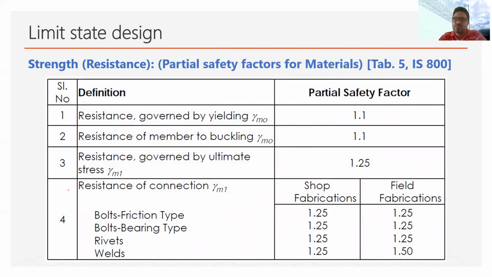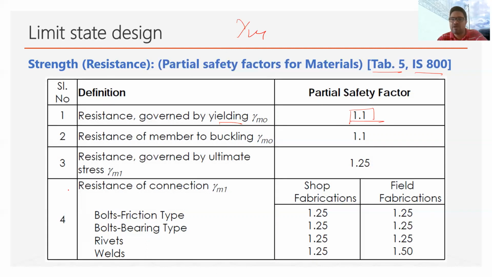So safety factor on material strength may be considered in case of yielding. We can apply partial safety factor 1.1. Well, these partial safety factors are gamma M. Earlier I have shown gamma L. Now this is gamma M. So gamma M is applied on material strength. Gamma L is multiplied with the working load. Okay, so how much these values should be taken is given in the IS code, that is IS 800:2007, Table 5.